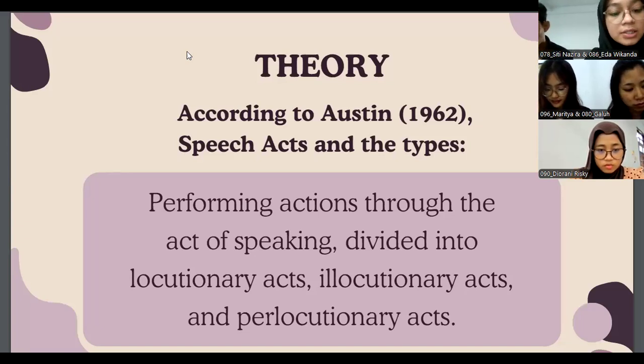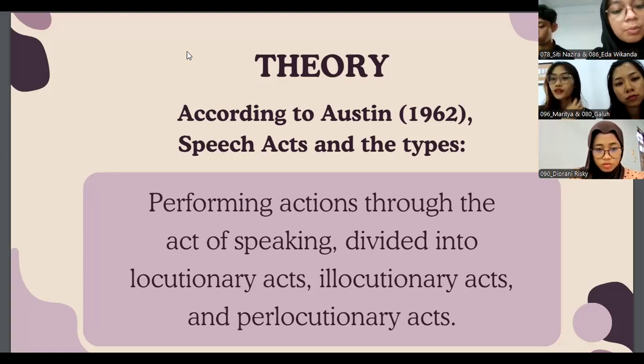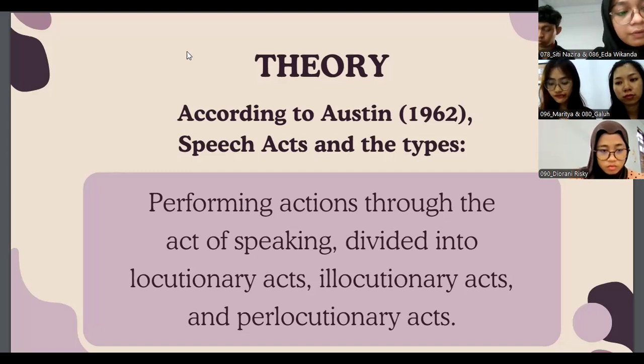The second one is illocutionary acts. This speech act involves the speaker performing an utterance representation. For instance, by uttering a performative, the speaker can perform illocutionary acts such as making promises, requesting, and so on. An illocutionary act can urge people to come together. And lastly is perlocutionary acts. This speech act involves the speaker eliciting a specific response or effect from the listener. For instance, through their performative, the speaker may aim to convince, persuade, or delight the listener.